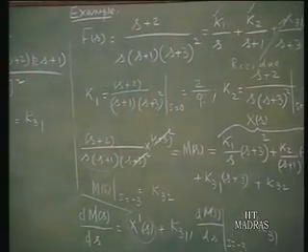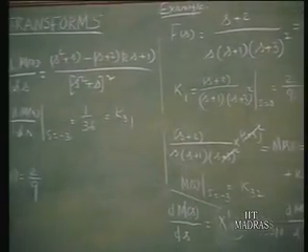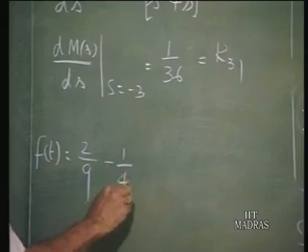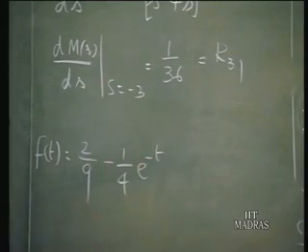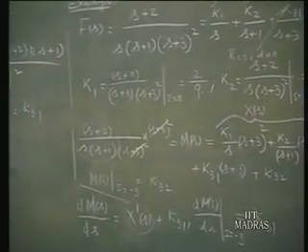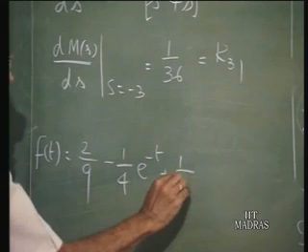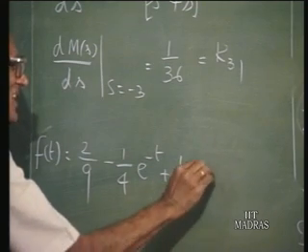Therefore, the inverse Laplace transform is 2 upon 9 times u of t. u of t will come at the end anyway, minus 1/4 e power minus t corresponding to this term, and corresponding to k31 you have 1 upon 36 e power minus 3t,